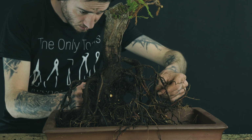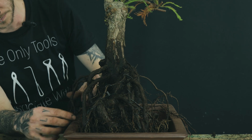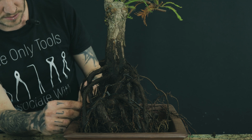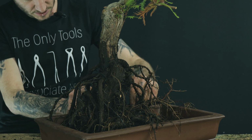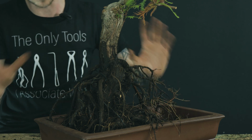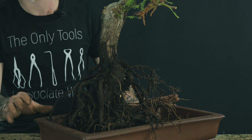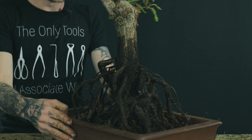Just moving roots around at the moment into their kind of rough positioning. And the tree is going to look a little bit funny with the wire over the roots for a while, but you know, once it grows out and we get it to the point where we can show this tree, we're going to be very thankful that we did it. So having it look a little bit funny for now is not too bad. Alrighty, so